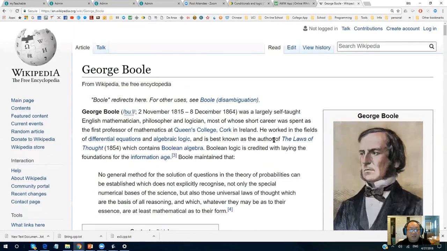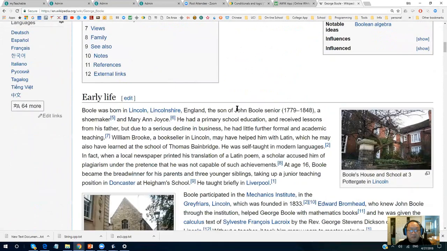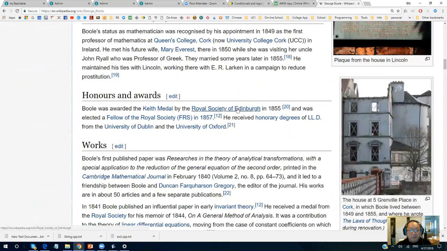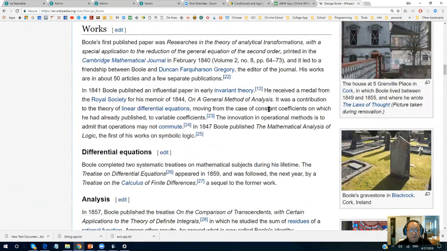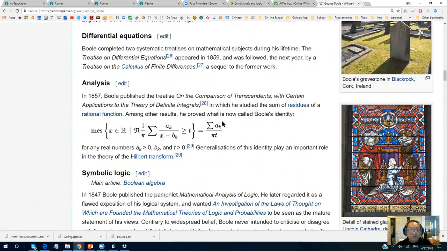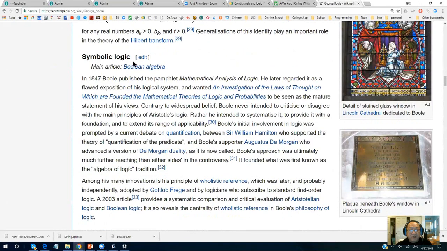So it's the first half of the 19th century. His main work is on Boolean logic and Boolean algebra, and he worked on symbolic logic.